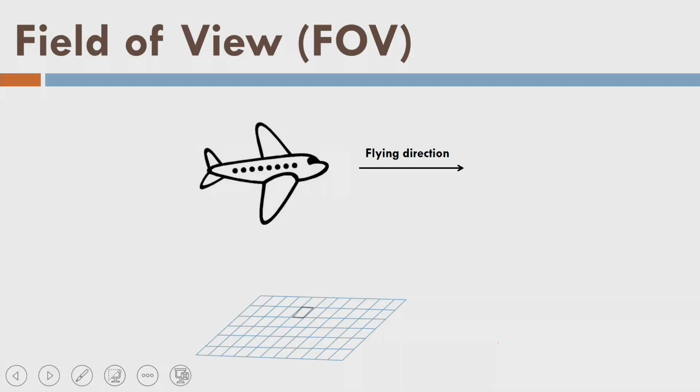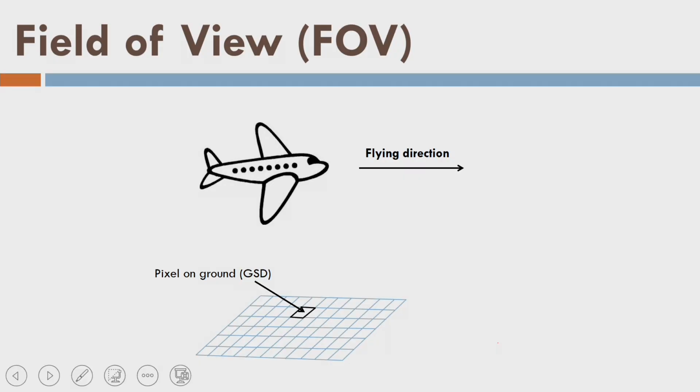Like this is my flying direction. This is what we call a pixel, which is shown in black color over there. This is your pixel on the ground, not on the sensor. Generally on the sensor we call one unit a pixel, but when it comes to the ground, that means it acquires some area on the ground surface, then we call the size of the pixel the ground sampling distance, or GSD. Secondly, I am now talking about digital cameras because they are the only popular ones now. All the film based cameras are more or less obsolete. So we are going to talk about digital cameras in photogrammetry.